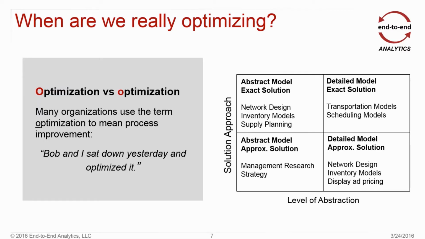Now, if we think about different solution approaches, the other thing that comes into play is how do you look at mixed integer programming versus other algorithmic approaches to solving a problem, such as heuristics. And when thinking about a problem, there's a couple things to keep in mind. One is, what's the level of abstraction you need on the problem? And that's what we have in this box on the right on the x-axis. And on the y-axis, we're going to talk a little about the solution approach. And the question is, where do you model? What level of detail do you model? And what's the right algorithm for doing this?